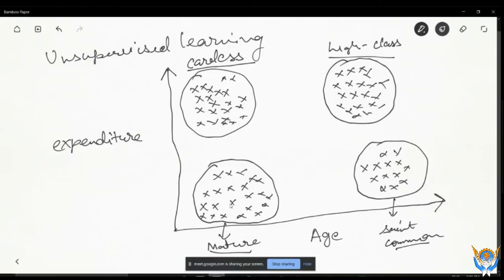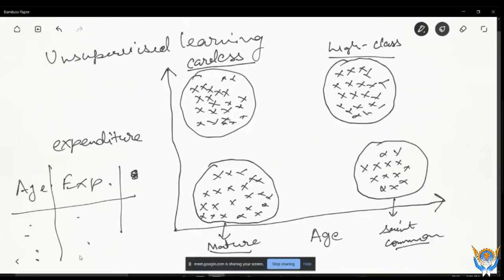So in unsupervised learning we just have two features, like age and expenditure. Sorry, we only have age and expenditure, these two features. We don't have any salary or any kind of label. But with the help of these two features, we make a cluster, and after making a cluster we label those clusters.